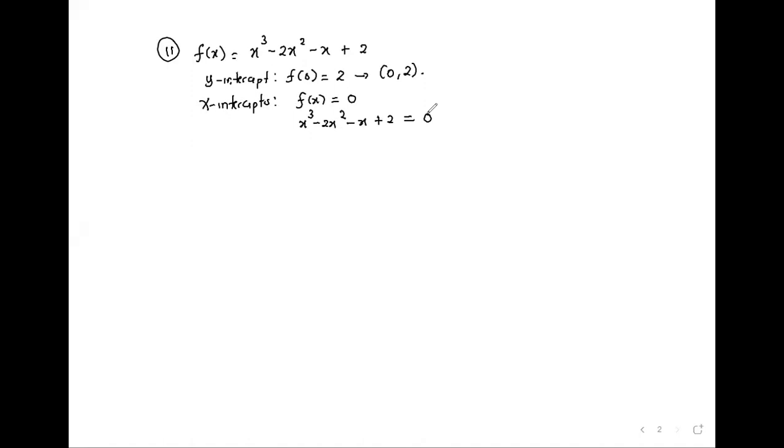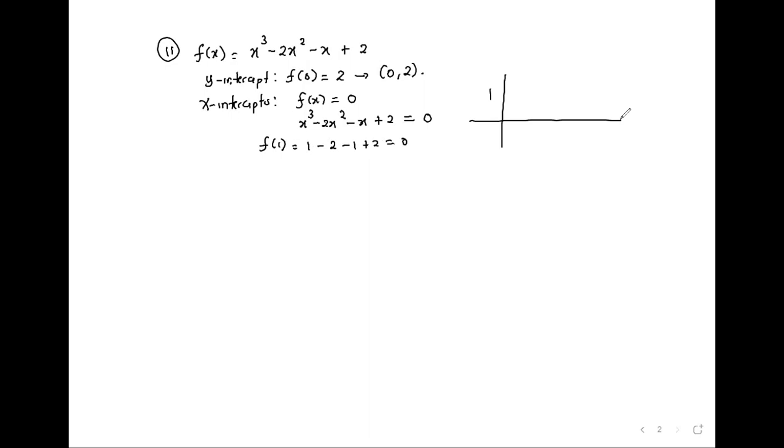So when you equate it to 0, you now need to find the factors so you can factorize it. So if we try 1, f of 1 will be 1 minus 2 minus 1 plus 2, which is 0. So 1 is a factor. So I can use synthetic division,